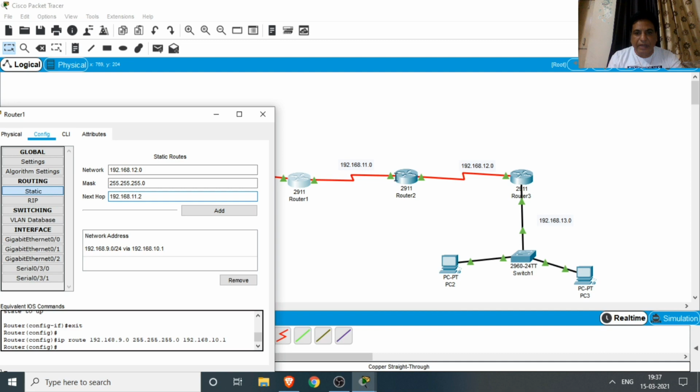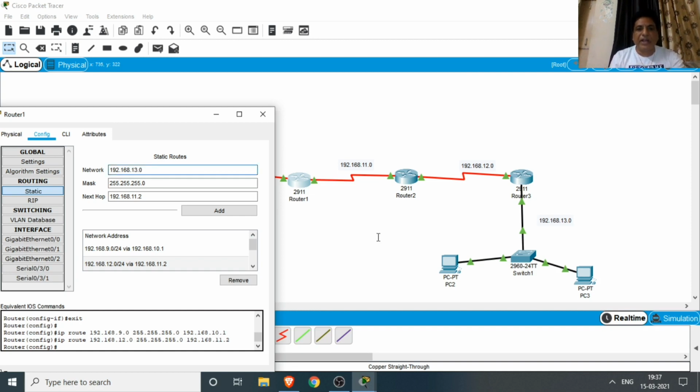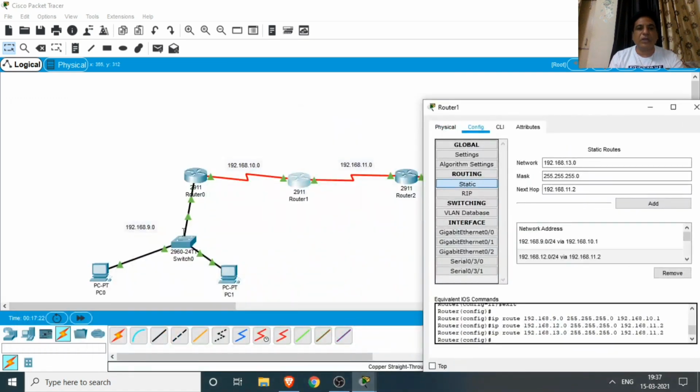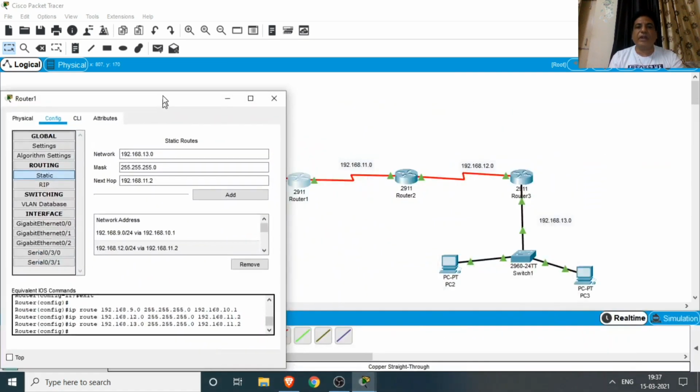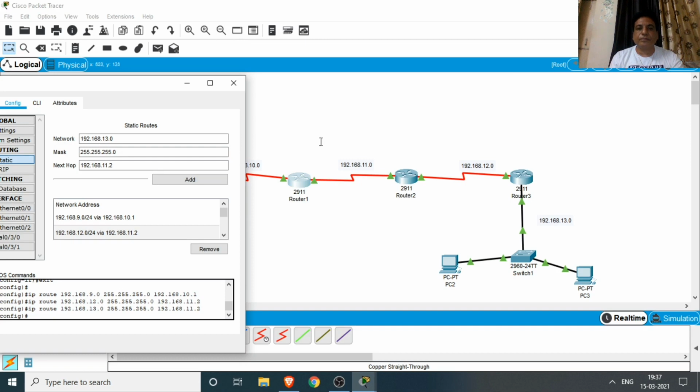Add. Next we go for 13.0. Our exit point is 11.2. Add. It means now we have configured the reachability from router 1 to 12.0, 13.0 as well as 9.0.